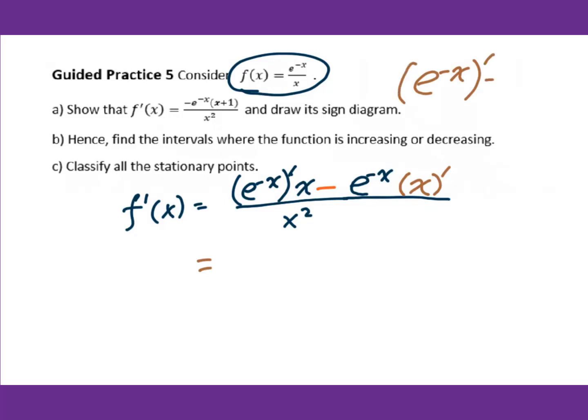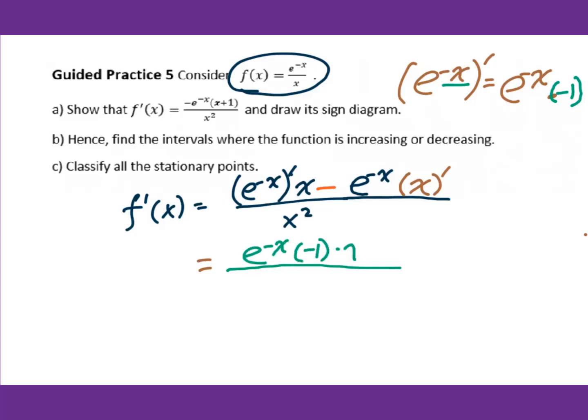When we do the derivative of e to the what power, you will get itself. Remember, that's the rule. Then you have to do the derivative for this negative x, which will be negative 1. So you get e to the negative x power times negative 1, then times x, minus e to the negative x power times 1